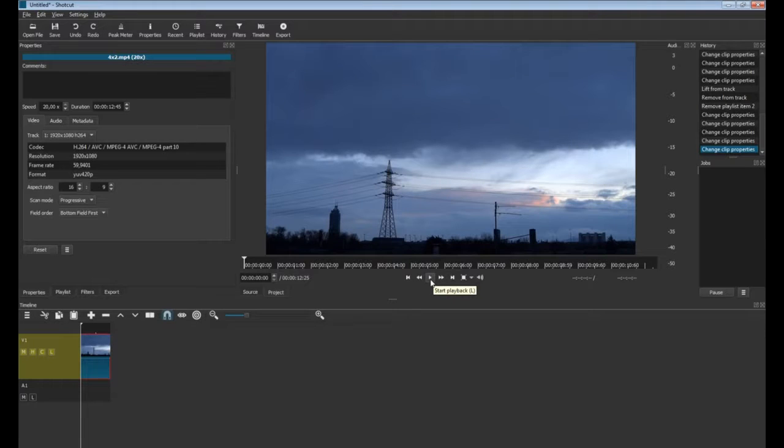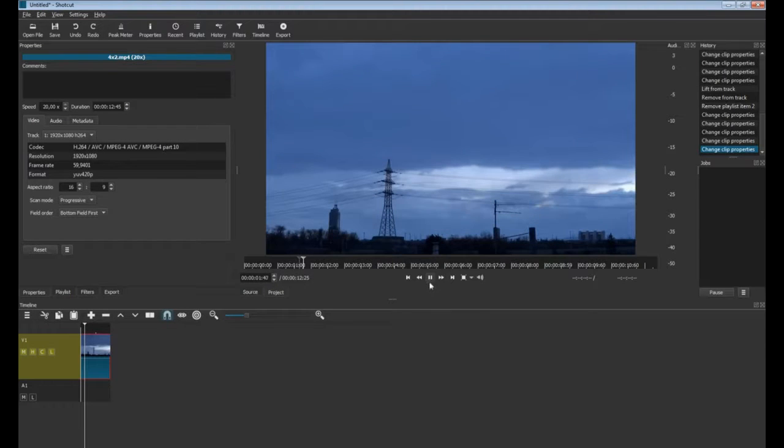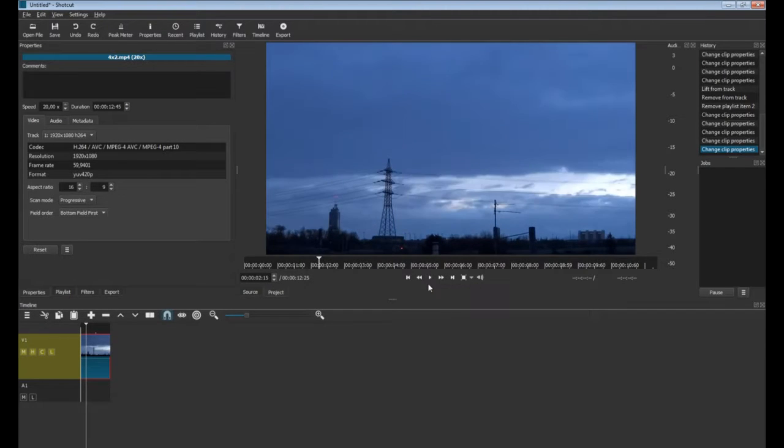Now playing back this clip here in 20 times speed is going to stress my processor too much. As you can see, the seconds would start here, so it's quite slow to play back. It can't handle this massive compression. It needs to basically in real time compress that 4-minute duration into only 12 seconds,